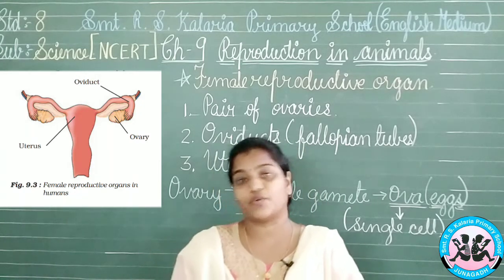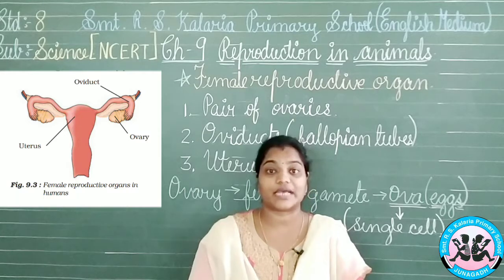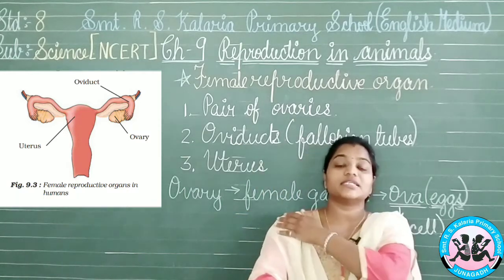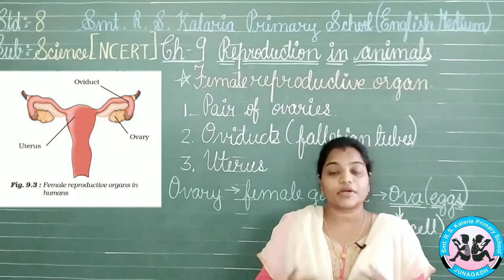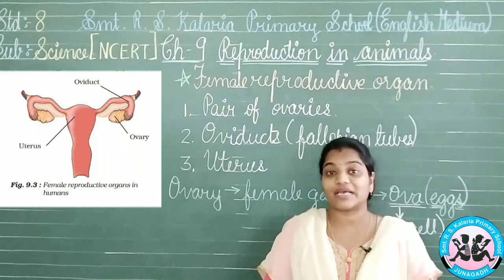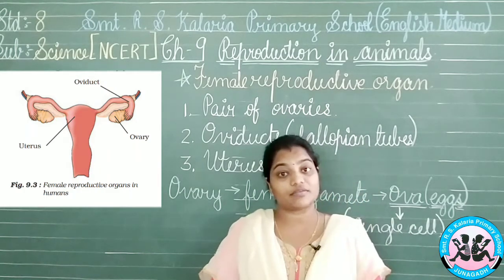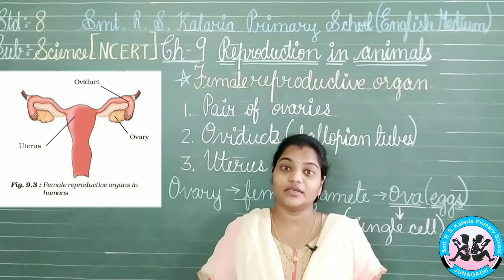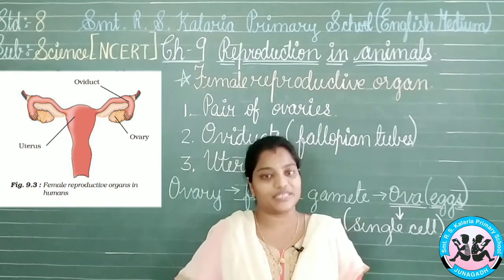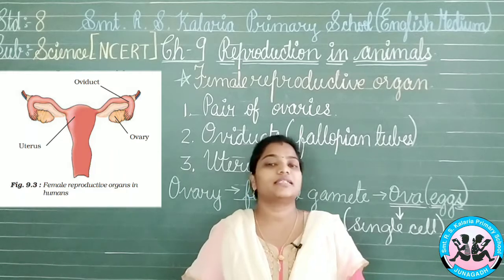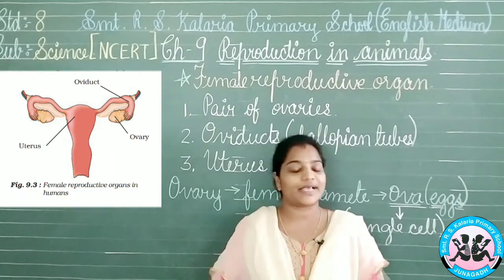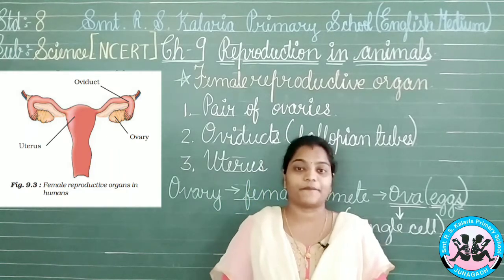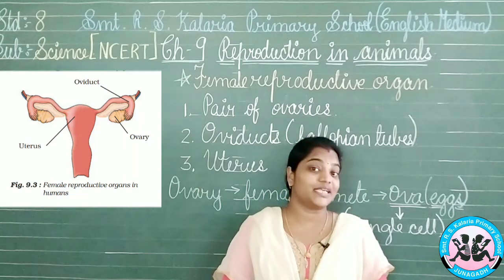Now, Bujo has one more question regarding these things. If we have a single cell in our reproductive system, then what about the hen? They also have the same thing, meaning they also lay a single egg only, which is a single cell. So yes, the answer is that an ostrich's egg or a hen's egg, or whatever eggs there are, will be a single one.